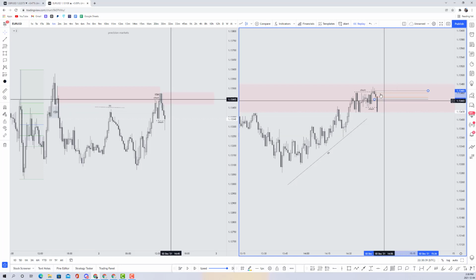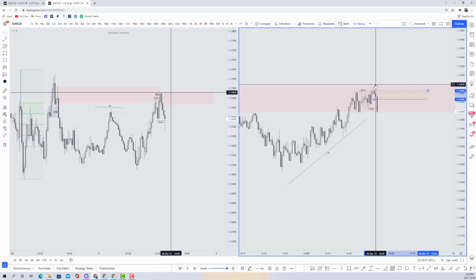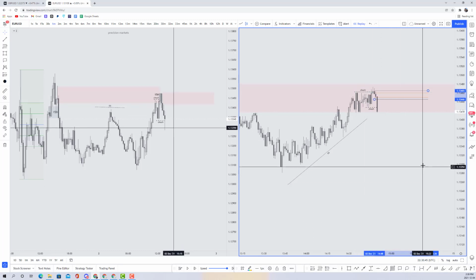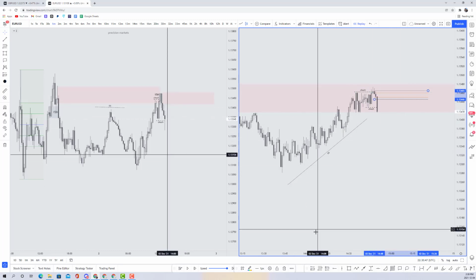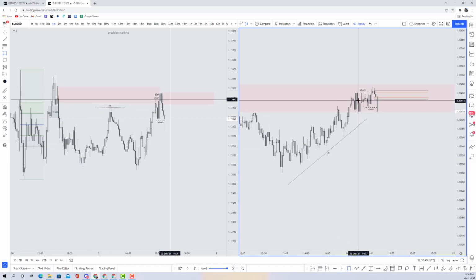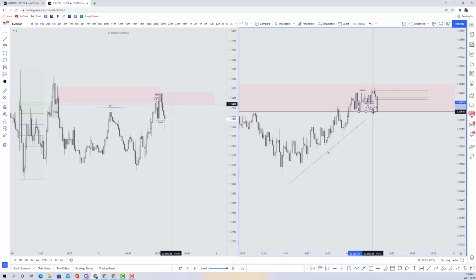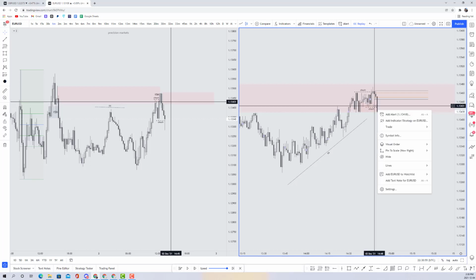If you're really smart and safe, you'll probably cover the high wicks. If you're a little on the riskier side, you may not choose to cover the wicks. That's totally up to you. The safe thing to do would be cover the wicks, obviously, 0.3 above or so. Now, if this is our next demand,